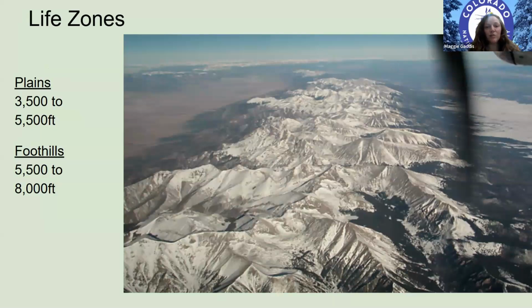We have so much diversity in our plant communities because of our great diversity in elevation. And our grasslands are really typified in the plains and foothills ecosystems, also in the desert shrublands on the western slope. One thing I like to use this picture for is just to appreciate the height of the